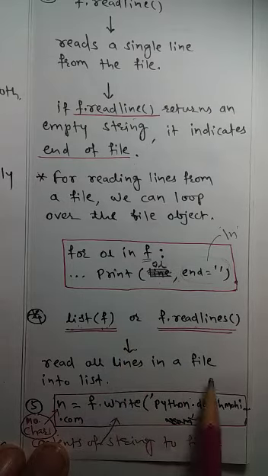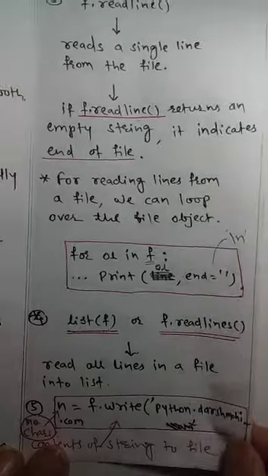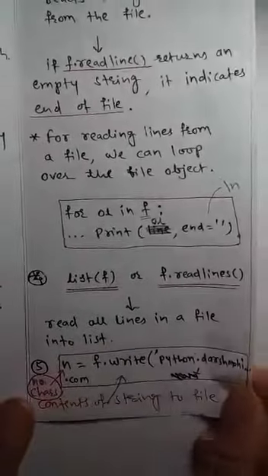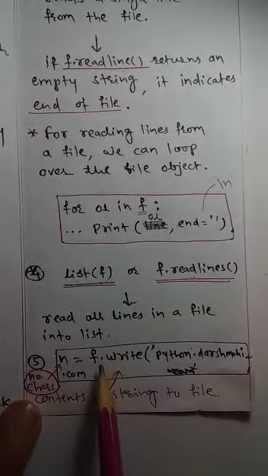So this will read all lines in a file into a list. Now we'll see one example, where n is equal to f.write